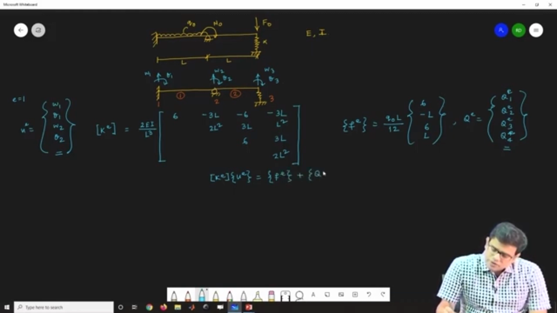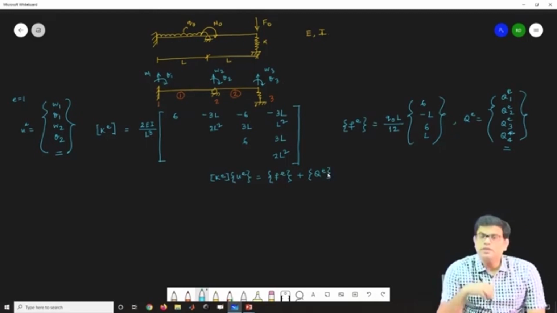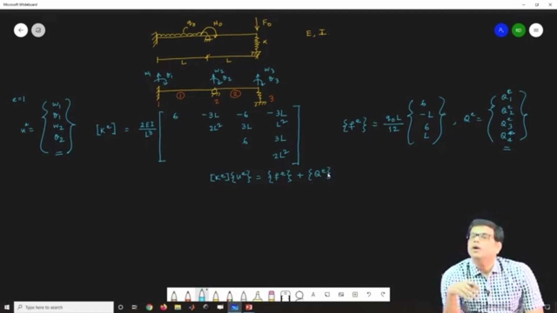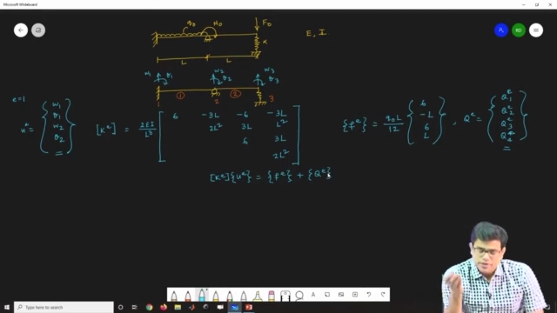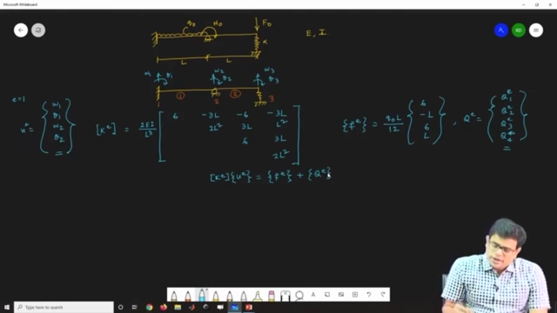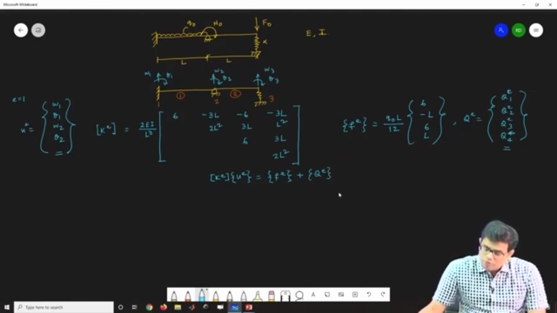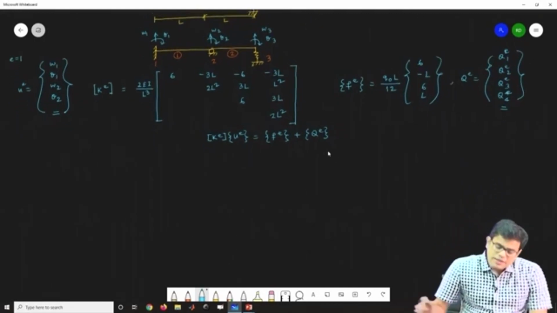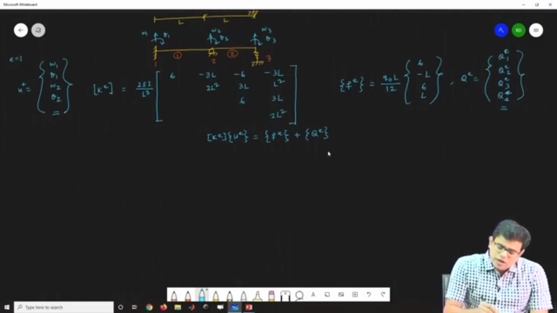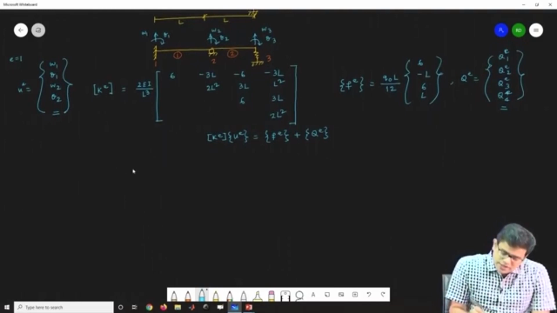That is my elemental equation. Now we have to assemble it for 2 elements, and since this is a beam element or essentially one dimensional element, 1D problem,